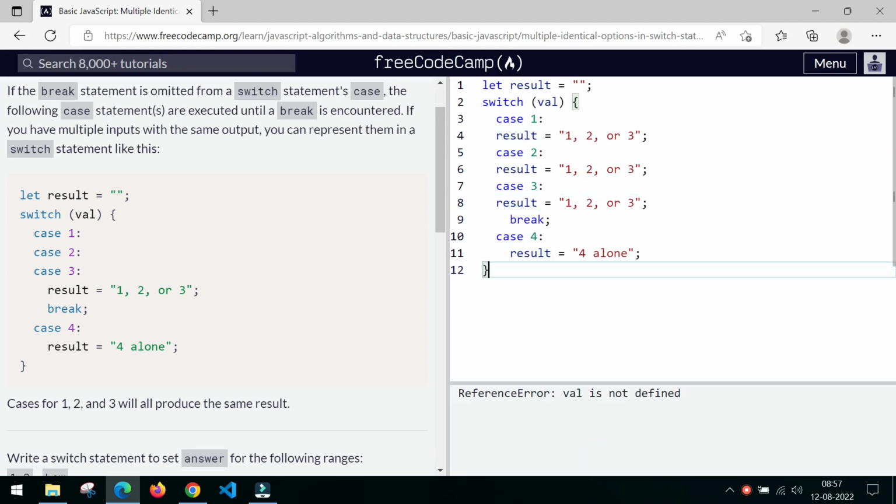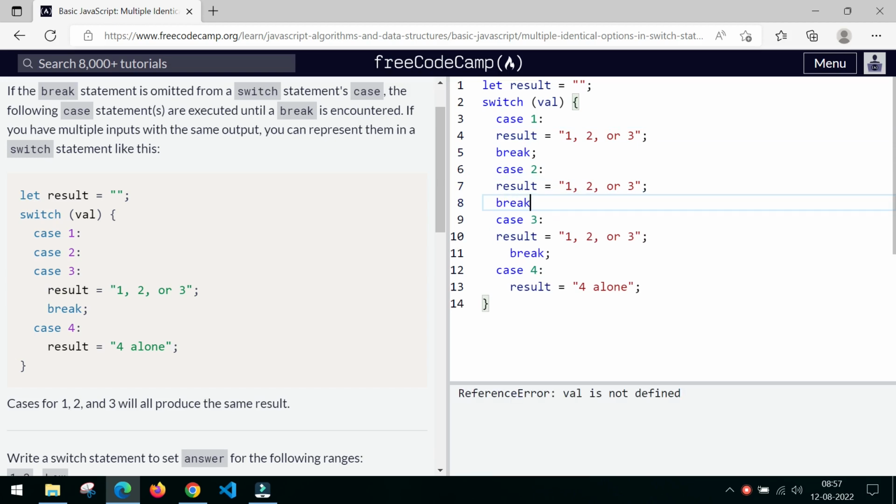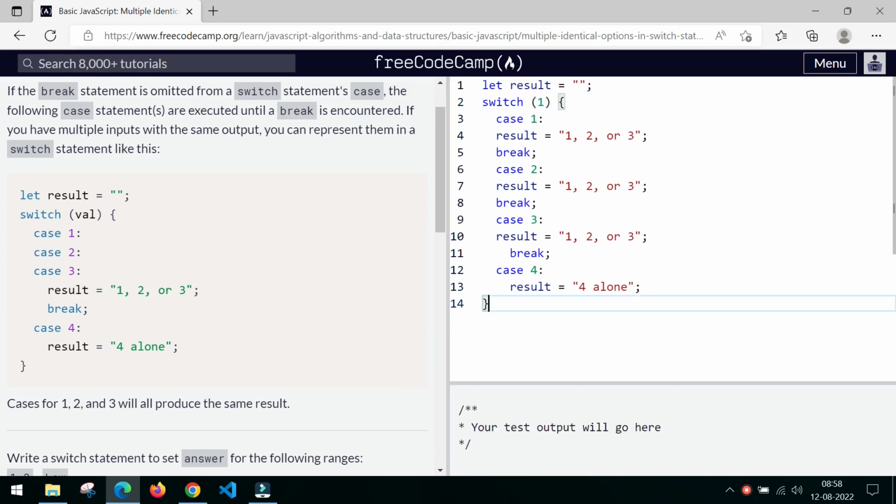Okay, now you will be easily understanding it. For example, give a break statement, and here also give a break statement. So here, for example, I'm giving switch of 1. You don't need to call the function. Okay, it means that